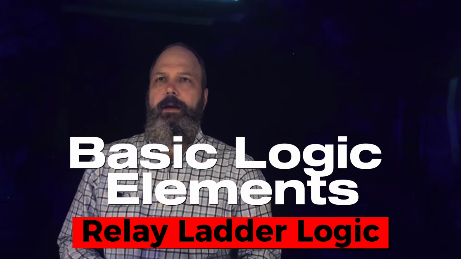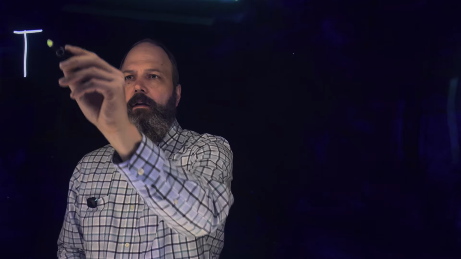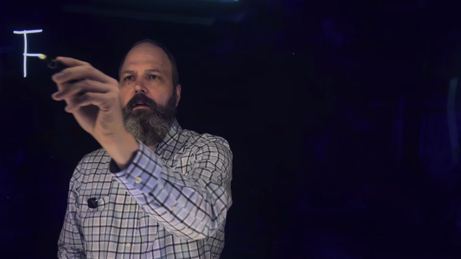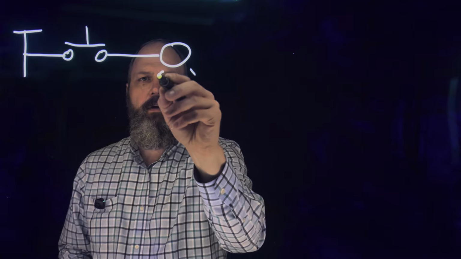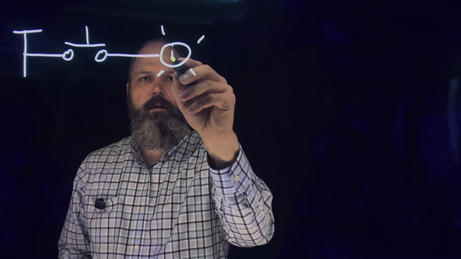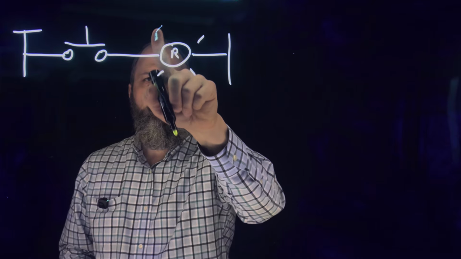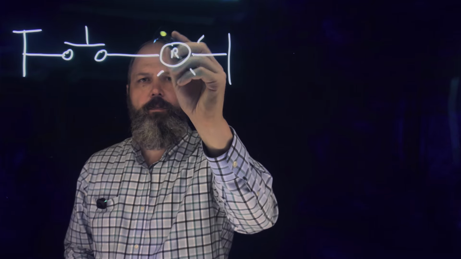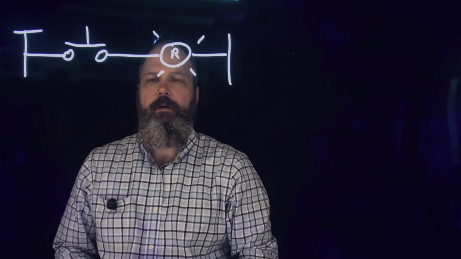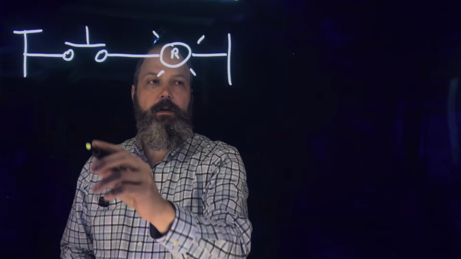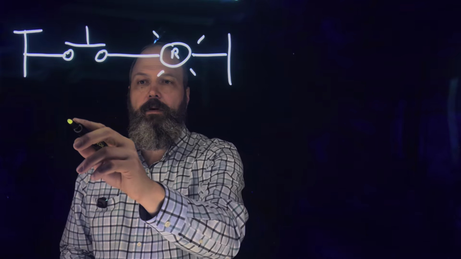Let's start with the basic logic elements. If you have a circuit like this, and you're controlling a lamp, so that's a normally open switch controlling a lamp, what would happen, we could write what we call the truth